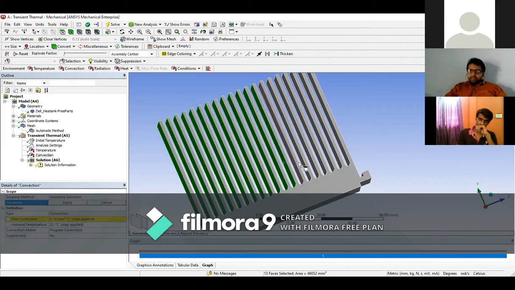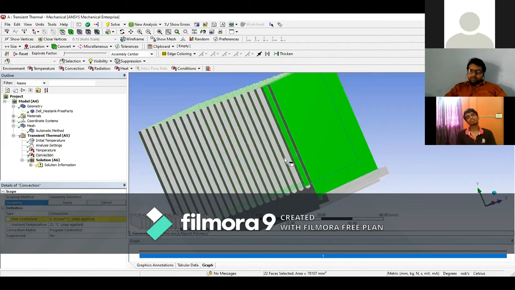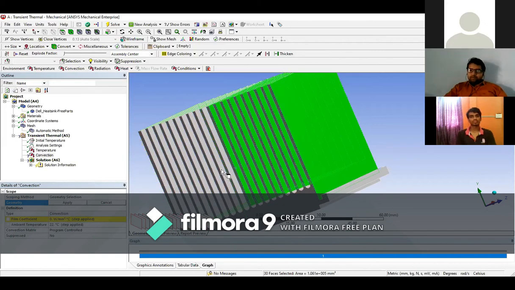We will be select each and each fin surfaces for convection mode, because here air will be circulated.